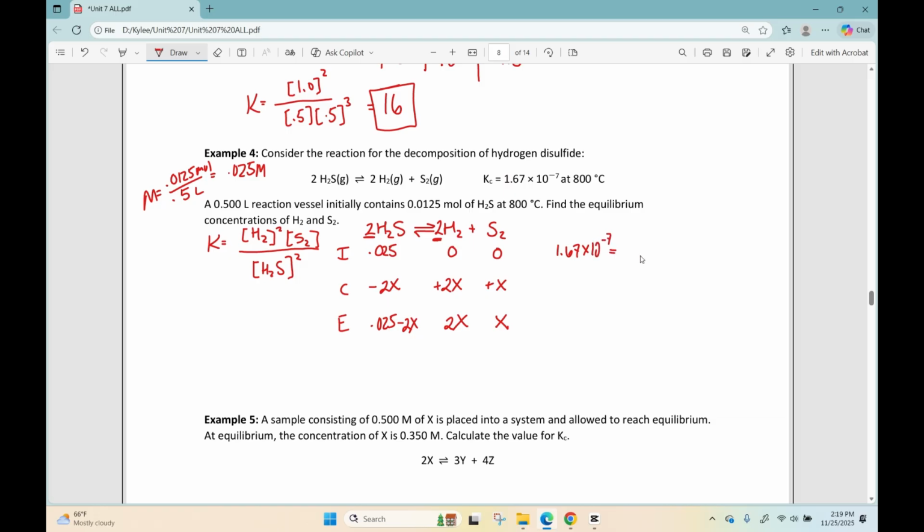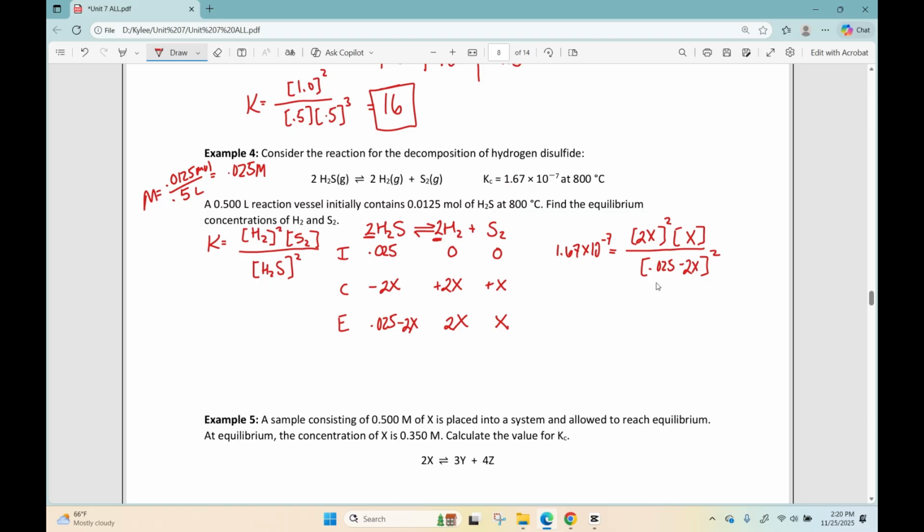to the negative 7th. And I'm going to plug my equilibrium values into the equilibrium expression. So 2x was hydrogen, and that gets squared. x is for S, divided by 0.025 minus 2x, and that is also squared. So the math here gets tricky, just like we saw in example number 2. There are 2 thoughts with this type of problem. Again, you can type this into nsolve on a graphing calculator and figure out the value for x. But similar to what we did in number 2,